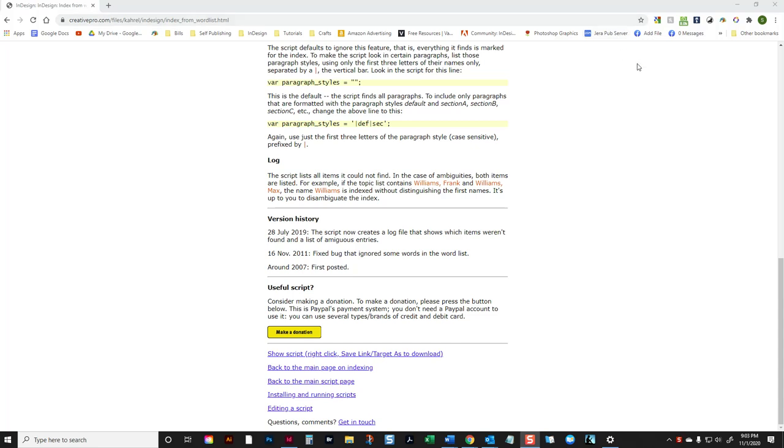to show you a quick way to get an index in InDesign. Now, InDesign has a great indexing feature. You just have to know how to use it. Now, the problem is you need a document, like if a client sends you a Word document that has been